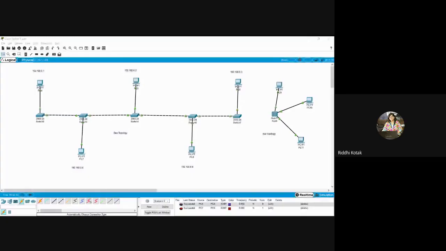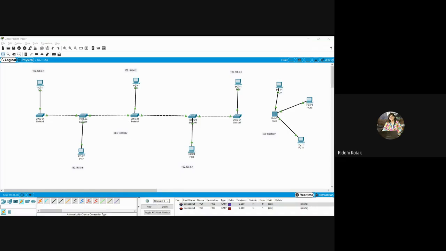Okay, so now it's audible. Yes, ma'am. Okay, so I'm telling that right now you create one star topology. If you create multiple star topologies and you connect one hub with another hub, that will become a tree topology.